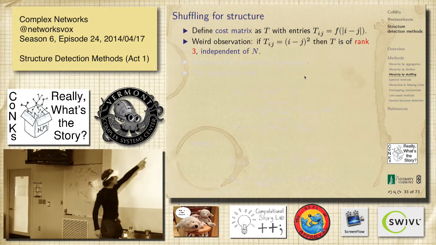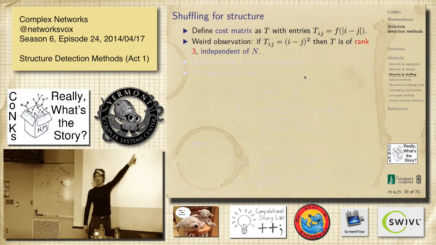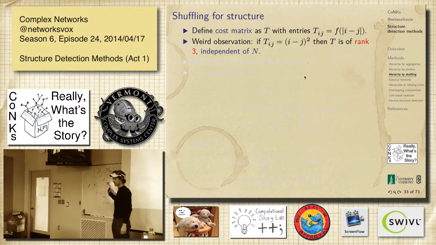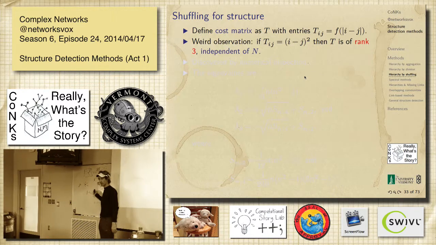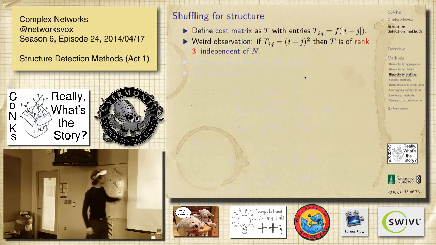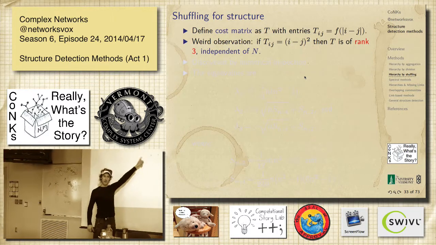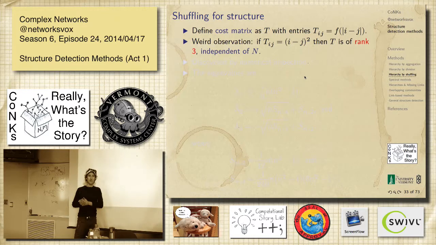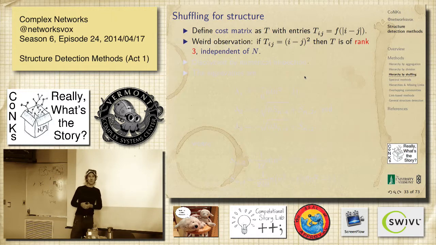So we could make, as I said, the weight just some function of i minus j, the distance from the diagonal for these two nodes i and j. So as long as it increases, you could have even powers of i minus j. And it turns out for i minus j to the power of 2, the rank of that thing is just 3, which is odd. So you can make the thing infinitely big, but it's got a rank of 3, which means it only has 3 non-zero eigenvalues.